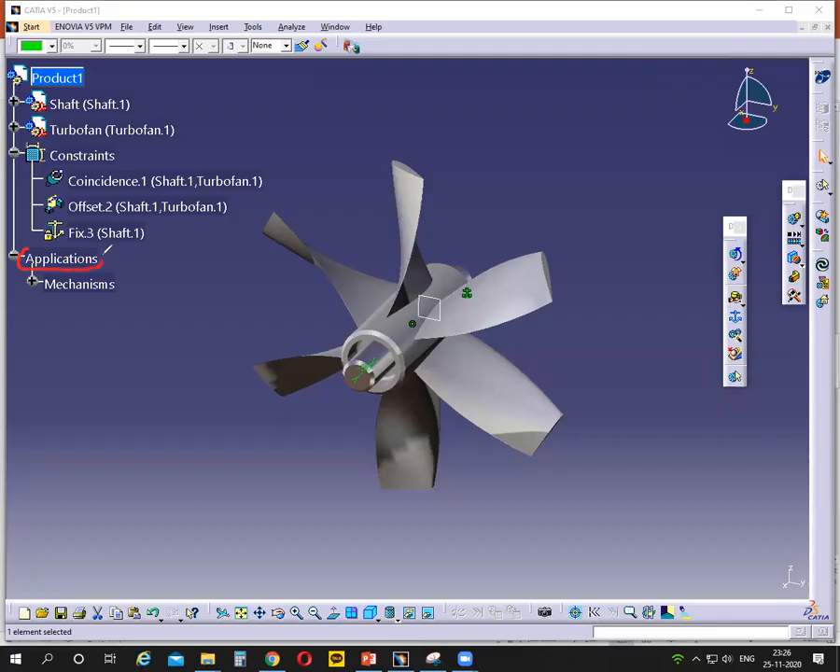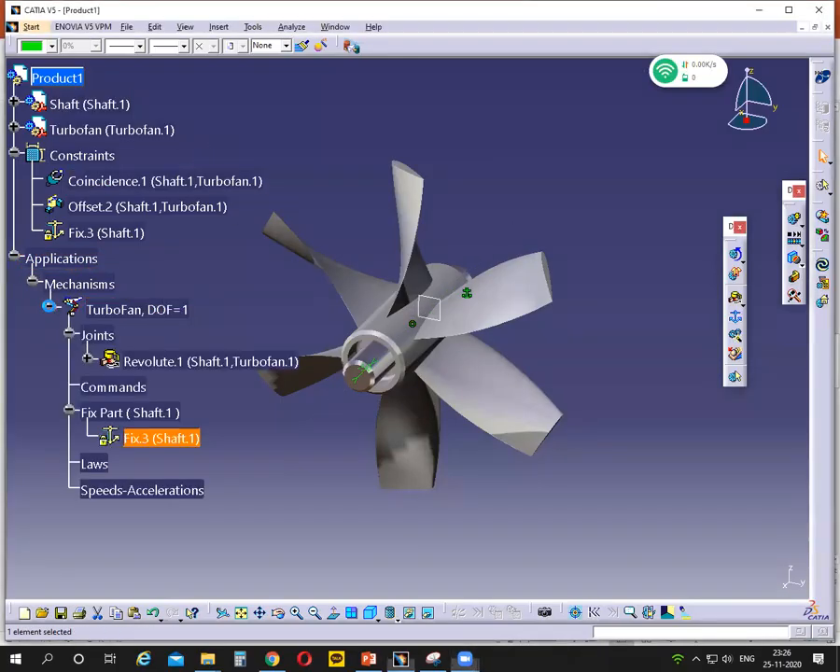So DMU kinematic simulations consists of applications. In that application, it consists of mechanisms, right? Right now, only one mechanism there, that is turbofan mechanism. Okay, turbofan mechanism. I renamed, okay? So maybe your mechanism name is different, okay? And the turbofan mechanism consists of many joints, okay? Right now, only one joint. So that is revolute joint and also consists of fixed part. So still we cannot simulate this one because we did not specify the